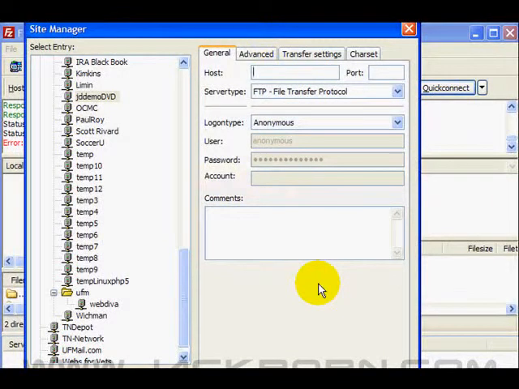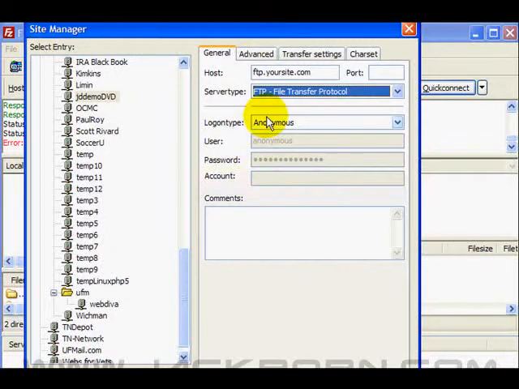So it might be, depending on your web hosting provider, you're going to use the information that they sent to you. Anytime that you sign up with a new web hosting provider, they're going to send you the login information. Now it may take 48 hours for your account to go live, but as soon as it goes live, you'll be able to log in using the information they send you by email. So let's say that it's